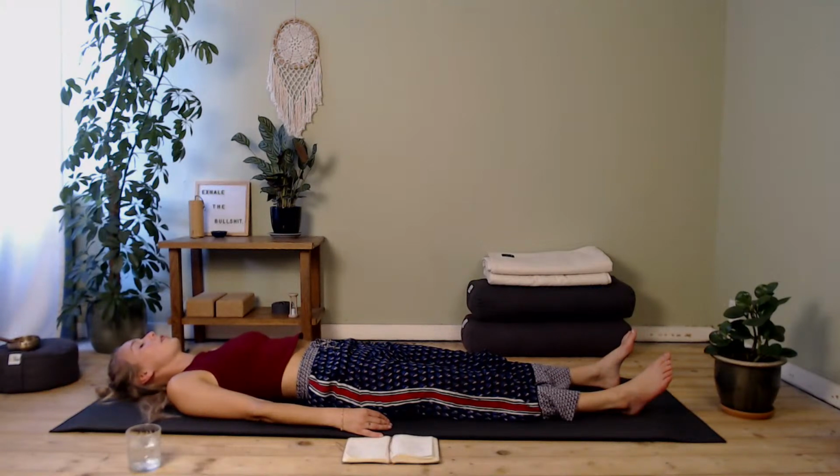Letting all your weight sink into the floor. Your body is soft and heavy. And you take deep inhalations, soft exhalations. And taking 2 more very profound respirations. And on your second exhalation, you come